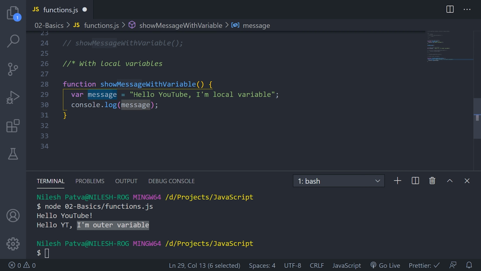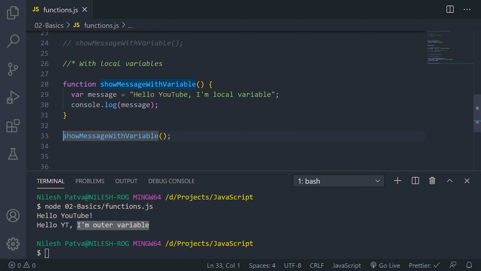So message has its own value here, hello YouTube, and I am a local variable, and later I am printing it. So let's save this and call this function. Don't forget to call this function, otherwise you will not see any action. This is just the declaration part, but if you want to execute this piece of code, you just have to call this function.